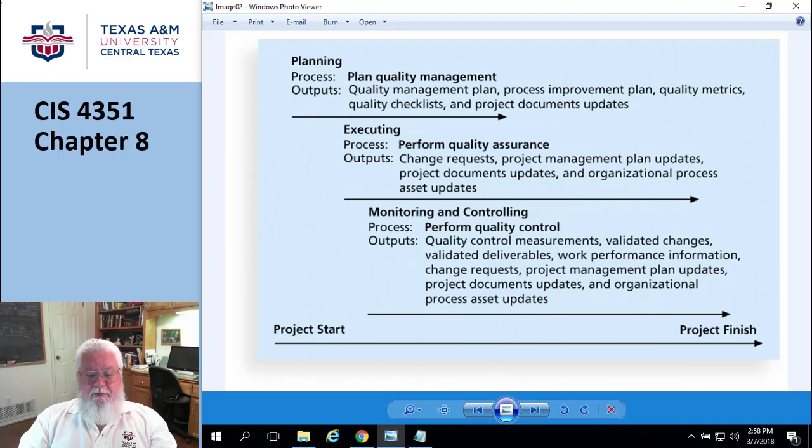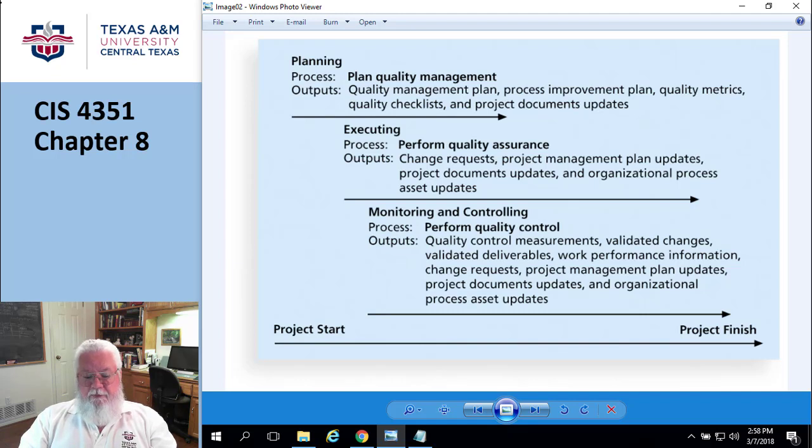So, planning for quality management. We didn't really talk about planning much, but you can probably imagine the planning part is going through and saying, okay, here's what I want. Here's the functionality I want. Here's the output I want. Here's the performance I want. And just going through and saying, our plan is to provide these standards, these criteria, whatever these things are called.